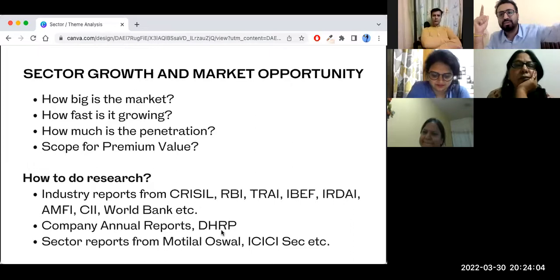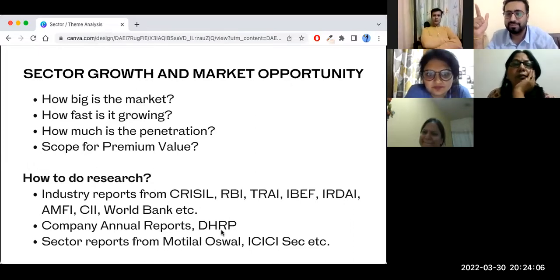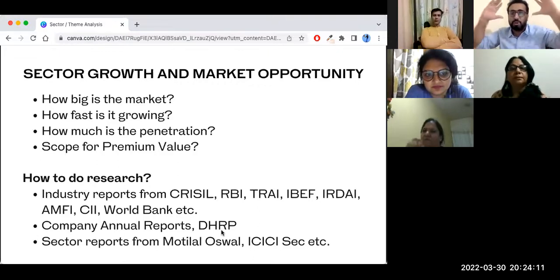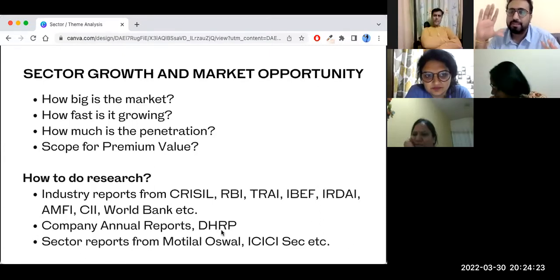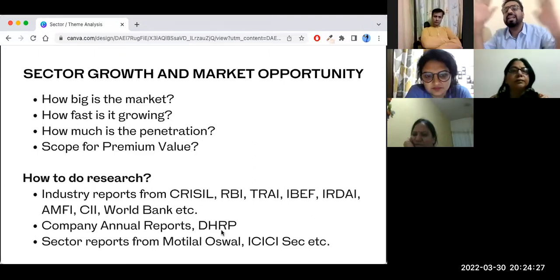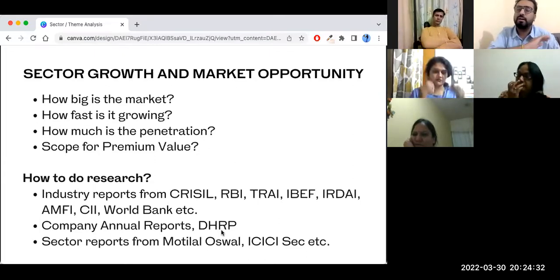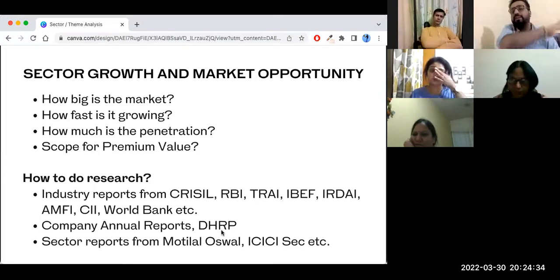Because the ICICI guy is saying 12%, you are saying 20%. So there's some calculation error. If he says that yes, the chemical sector is going to grow at 12.5%, then there's no question asked, because ICICI also said 12, you are also saying 12.5, right? So most of the times, research done by brokers is useless. But you can get a feeling of what is happening in the sector by reading this report, if you're not getting any relevant information from anywhere else, which is DRHP, CRISIL, RBI, all these reports.